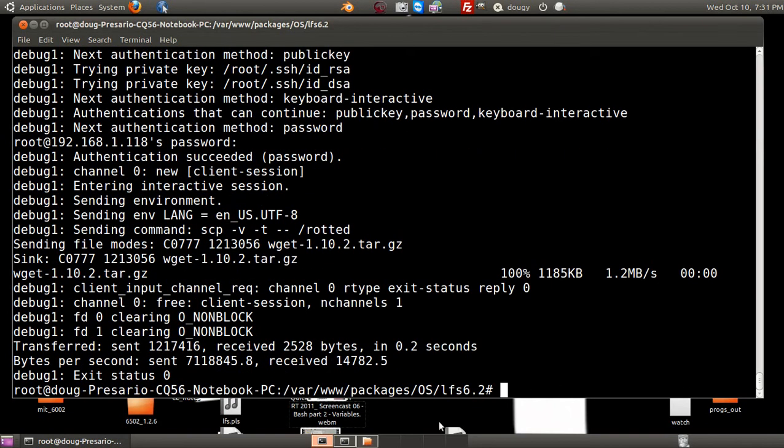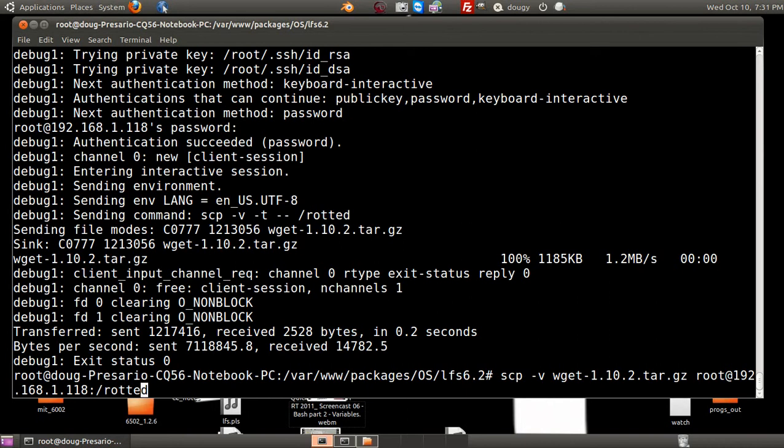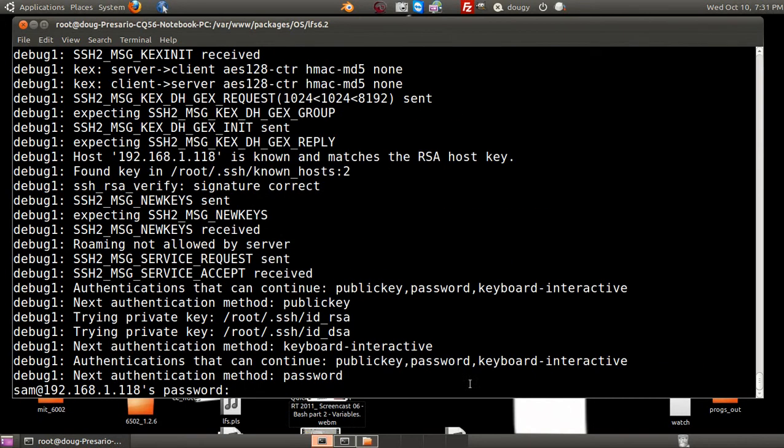Exit. I should have got exit 1 status. Okay. I guess I got a folder named rotted now on my other machine. If I had a user, if I specified the user wrong where I want to drop this package, say if it was Sam, if there is no user Sam,